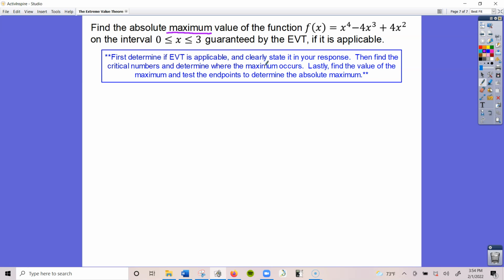So just like before, we have to determine that EVT is applicable and clearly state that in our response. Then we're going to find those critical numbers, determine if there's a maximum there, and test that particular critical number along with the endpoints. So first of all, let's establish continuity. This is a polynomial function. Therefore, EVT is applicable